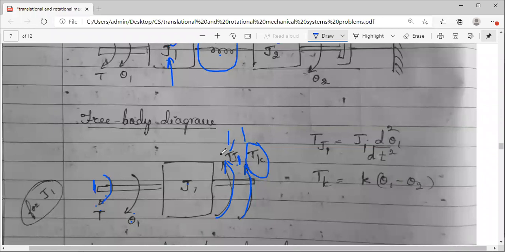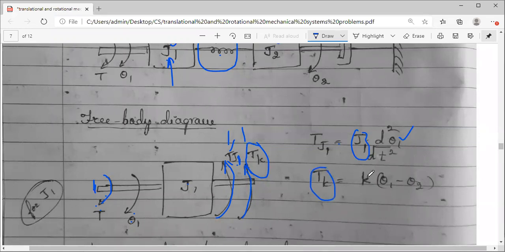And how to write Tj force equation? You know it already. So Tj1. Okay. For Tj1, it is that constant into d by dt square of theta 1. I hope you have the list of formulae with you. You can refer to it early on. As per your reference, to start with, you can use that sheet. But once you are adapted to it, once you get the practice, without seeing that sheet, you should be able to solve the problems. Okay, it comes by practice.